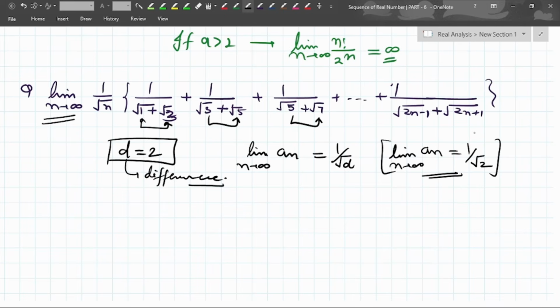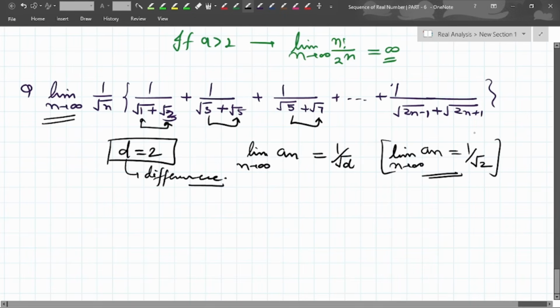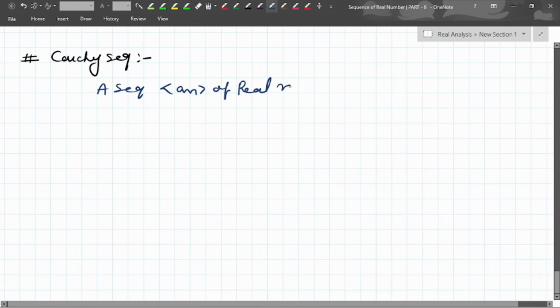So this is all about the algebra, and now I will discuss the Cauchy sequence. A Cauchy sequence is something like a convergent sequence. Every Cauchy sequence is convergent, and every convergent sequence is Cauchy in the real numbers, but I will just define what a Cauchy sequence is. What is the definition of a Cauchy sequence? A sequence an of real numbers is said to be a Cauchy sequence